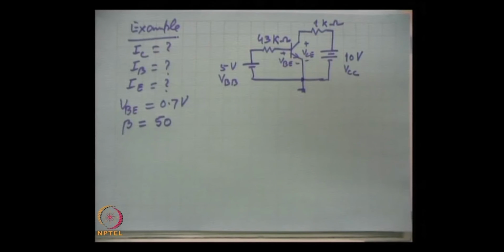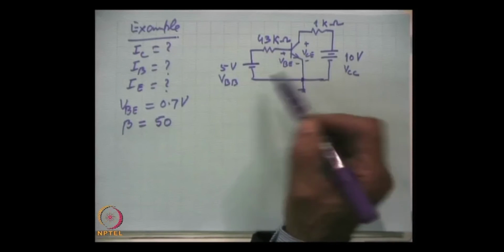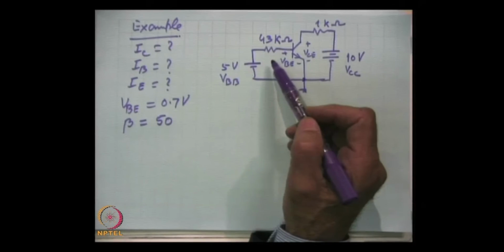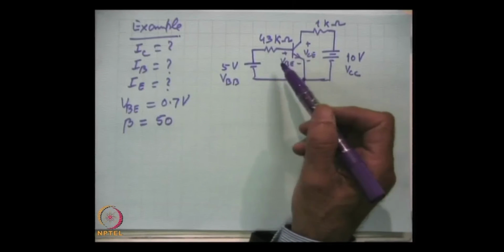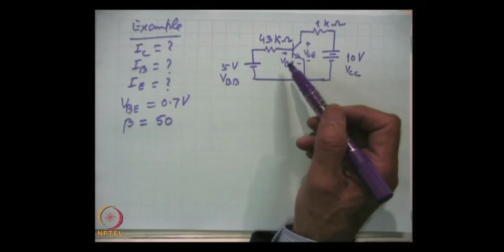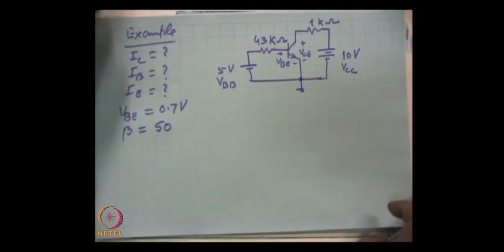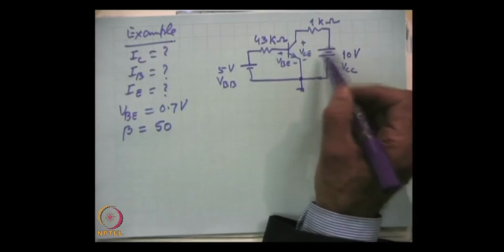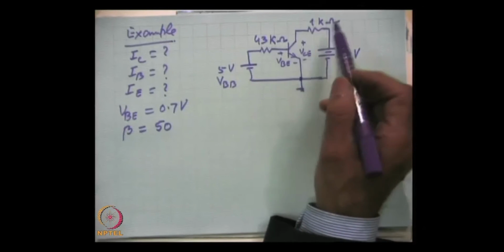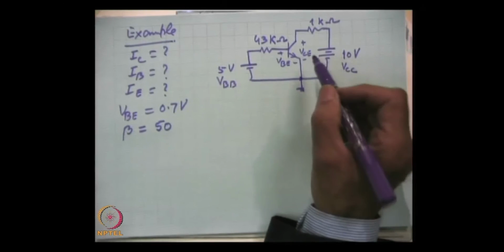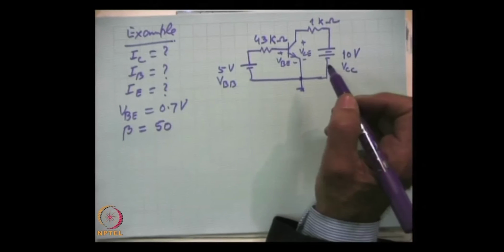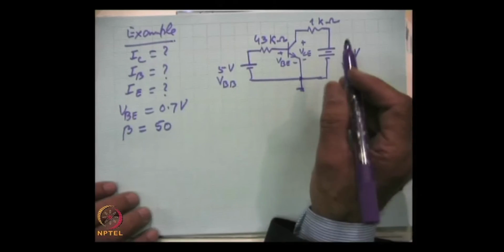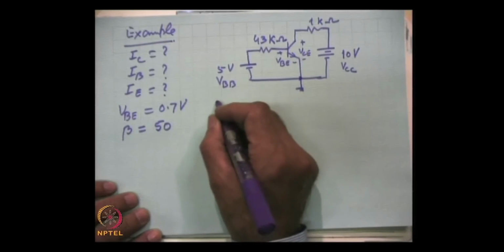Then there is another point which needs emphasis. This example illustrates what kind of resistances are to be used in small low power circuits, small signal circuits with which we are mostly concerned, and what the battery voltages and the resistances are. So, this is the reason behind this example. Now, if we apply Kirchhoff's voltage law,